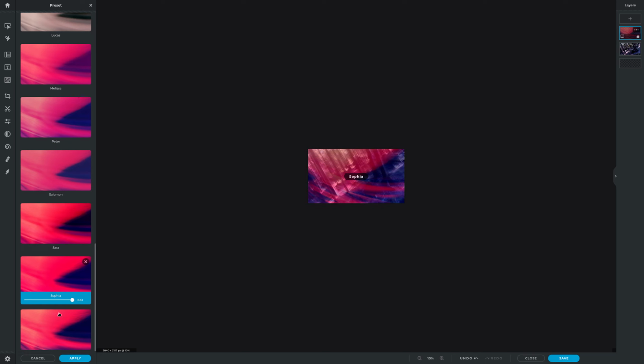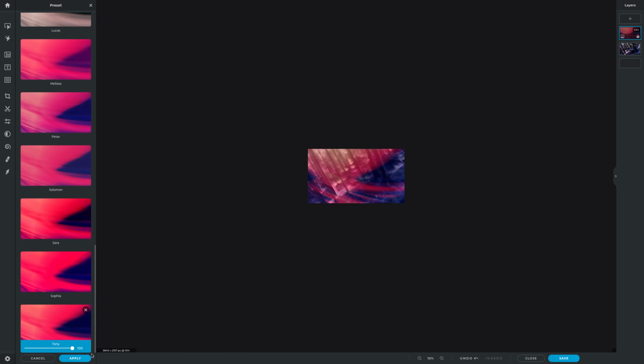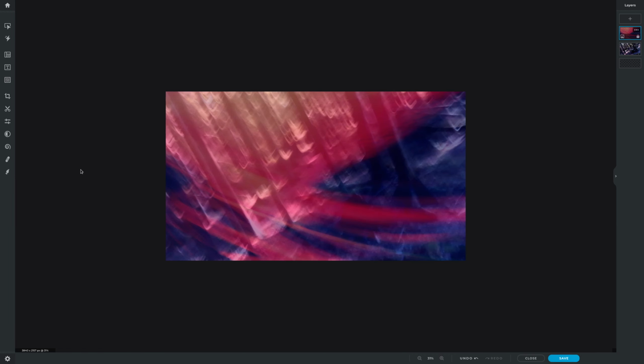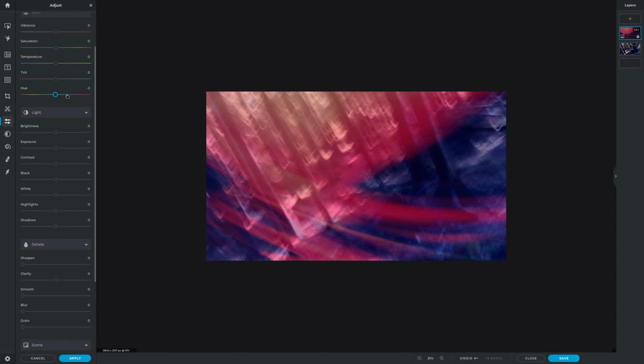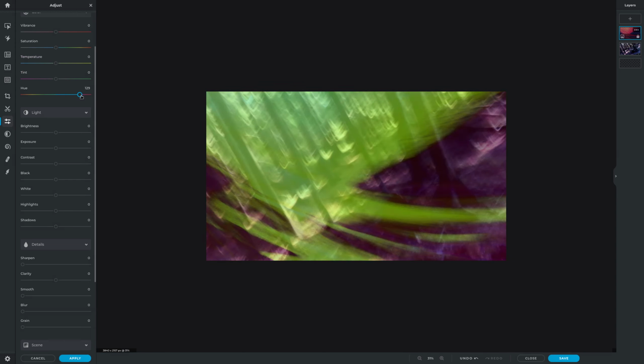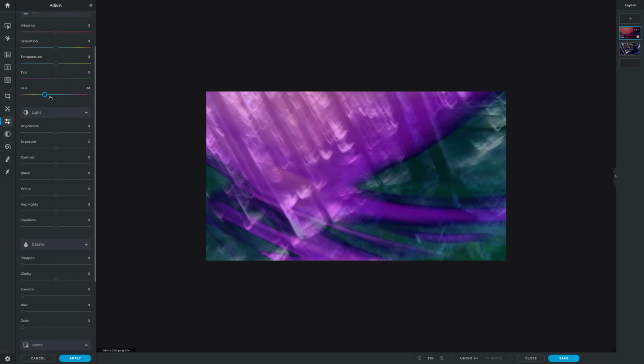Or maybe the colors could be kind of matching. I don't know. Let's try that. And then let's adjust the color over here. Let's think if we could actually make it like, maybe like,